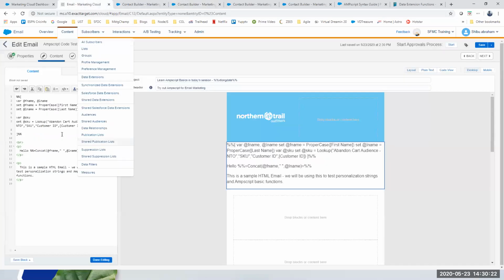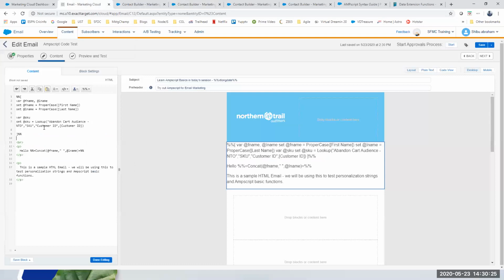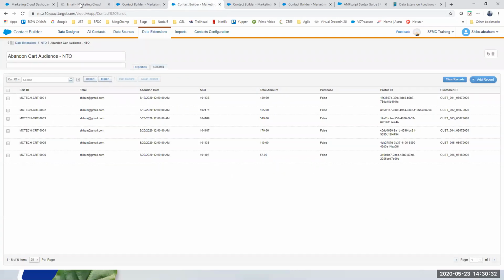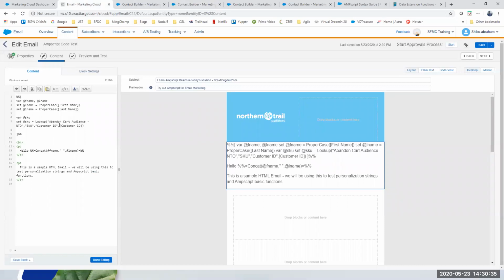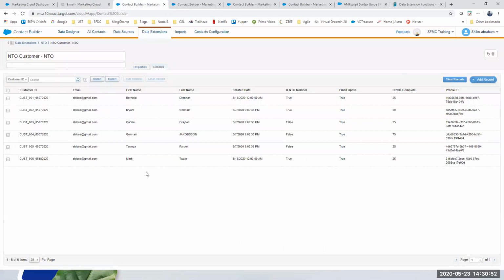And then we are going to see what is going to be the where clause. The where clause is the unique ID of the customer, which is the customer ID field. So this is the column customer ID. Then it will show what value you want equated to that where clause. When I'm sending this particular email, each person will have a customer ID, right? That is a data extension field, so automatically that data comes from the NTO customer data extension that I'm sending to. It will start cycling through each of these customers as I send the emails.